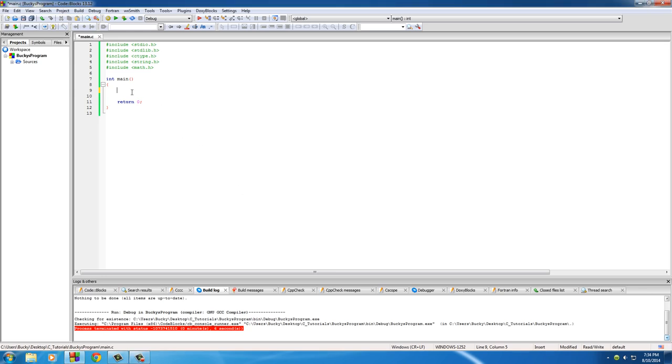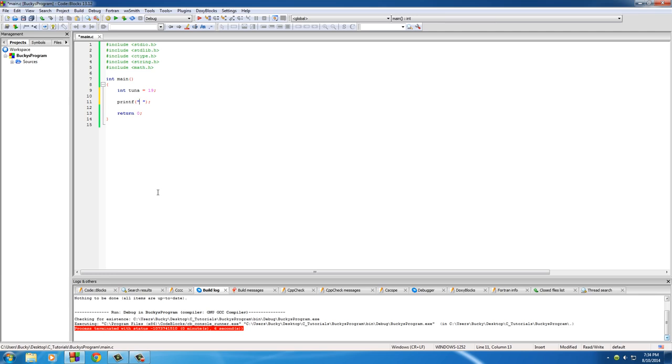So the first thing that we need to do is go ahead and create any old variable, make it an int variable, and set it equal to anything you want. I'm going to call mine tuna, and set it equal to 19. The first thing I'm going to display is how and where your computer actually stores this variable in its memory. So use printf,